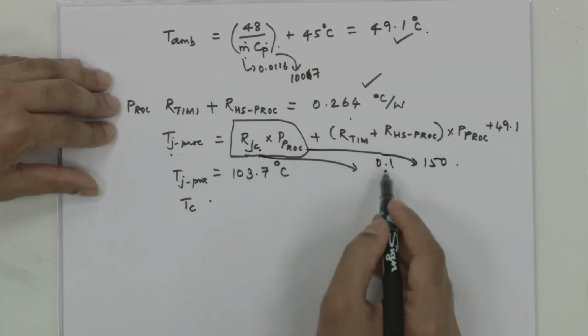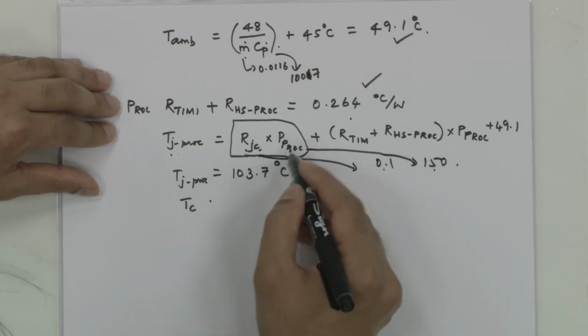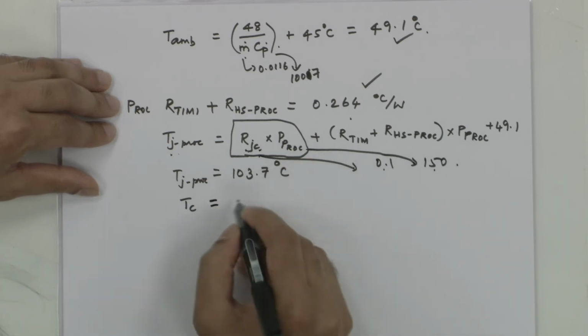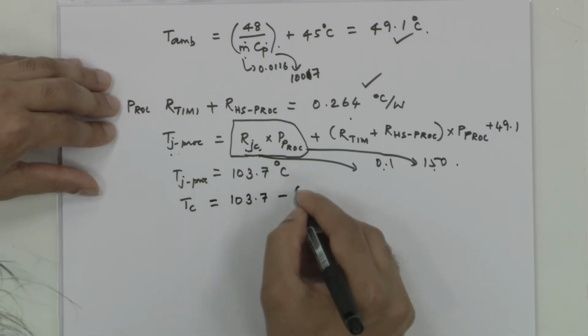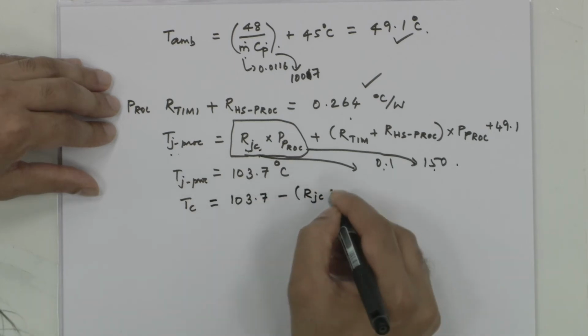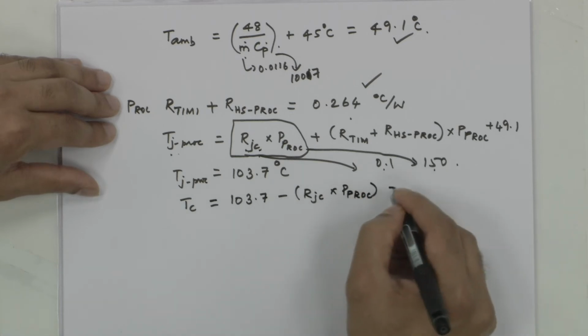So, you have to subtract 15 degrees from 103.7, that is, minus RJC times the processor power, which gives me